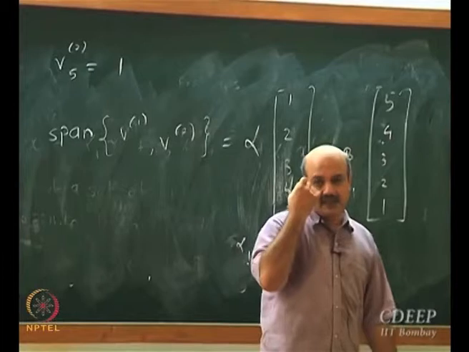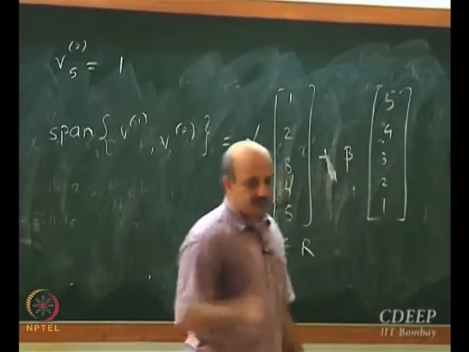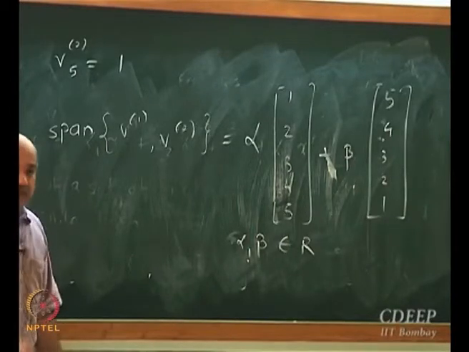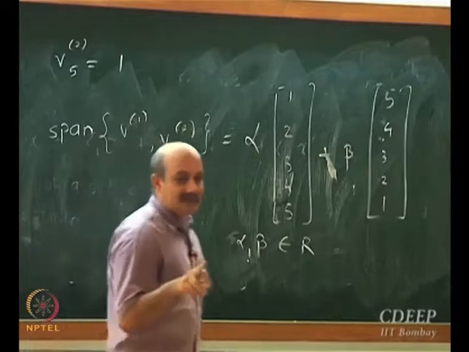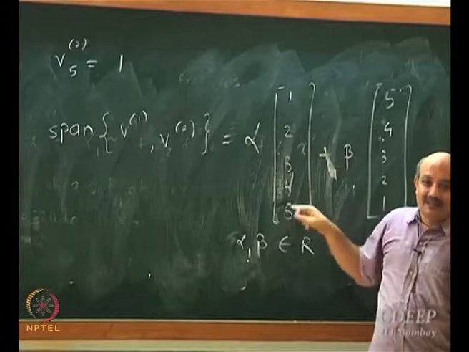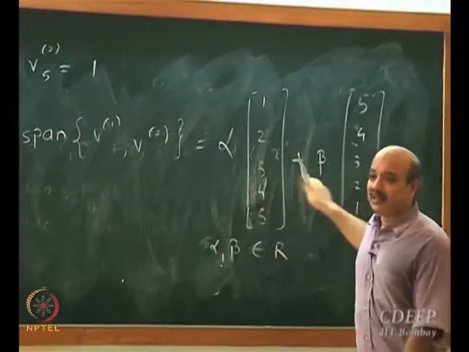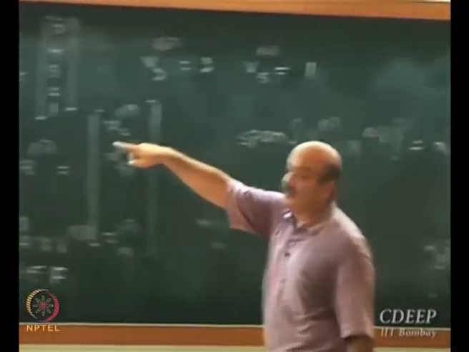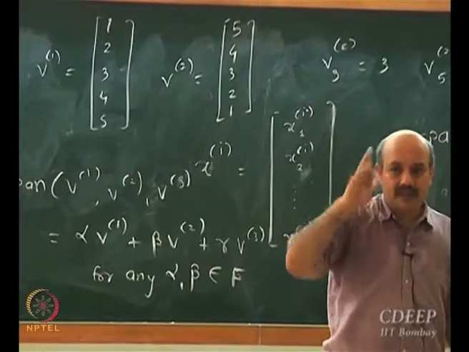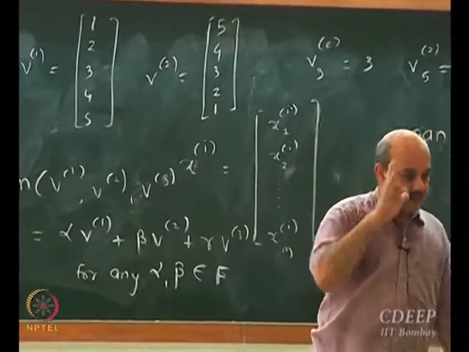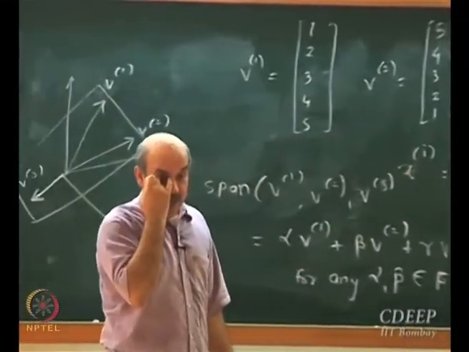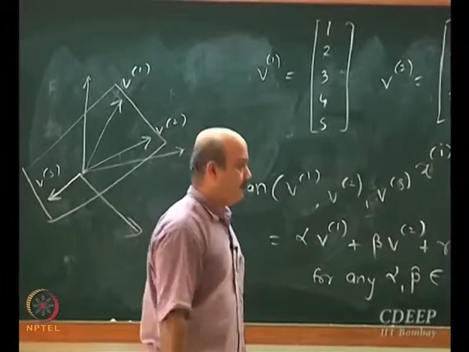What is R5? A 5-tuple space consisting of vectors. Each vector has 5 components. So the number of components in a vector doesn't define the dimension. Just because it has 5 components doesn't mean this linear combination will define a 5-dimensional space. If I take only one vector, say V1, what will be alpha times V1? A straight line. It's a line, and it's a one-dimensional subspace of R5, the 5-dimensional space.